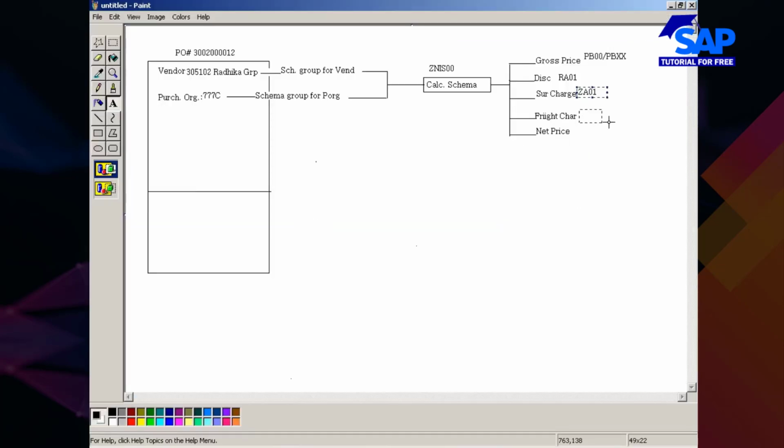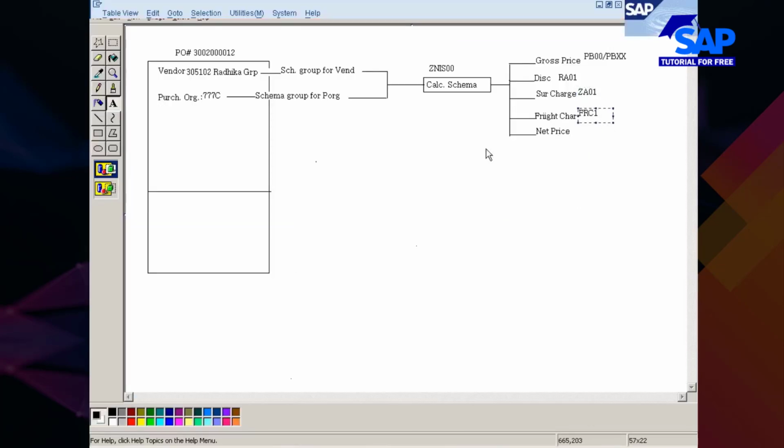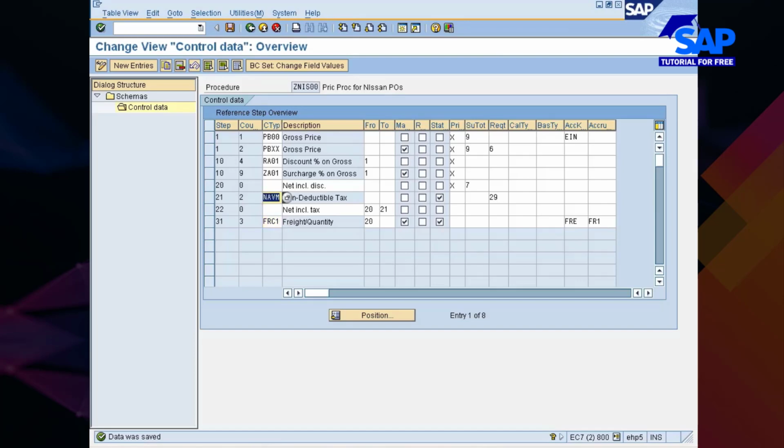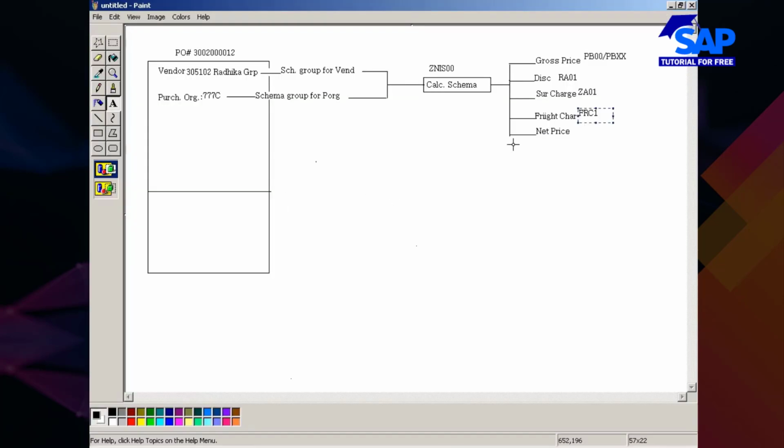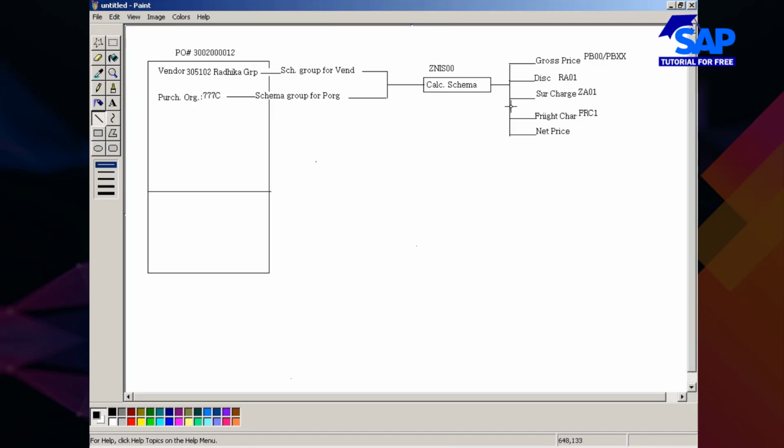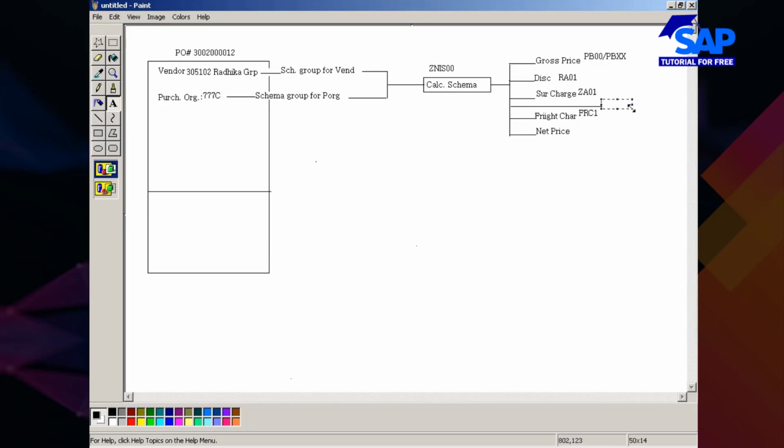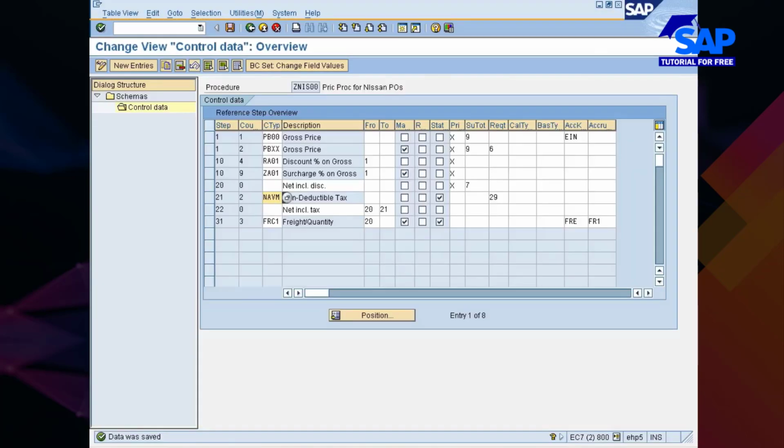So let me use FRC1 here. Okay, and then NAVM, non-deductible tax. So let me put it as non-deductible tax somewhere here. Okay, so let's say this is my non-deductible tax. Okay, so these are my